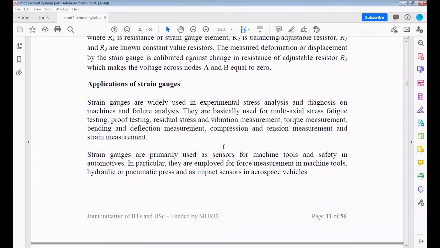So strain gauges are widely used in experimental stress analysis. What actually is the purpose of stress? First, what is the relation between stress and strain? So actually the topic is strain gauges. Gauge, in the sense, is a measure of the strength of that particular object or substance. Suppose for example, you remember, we are taking